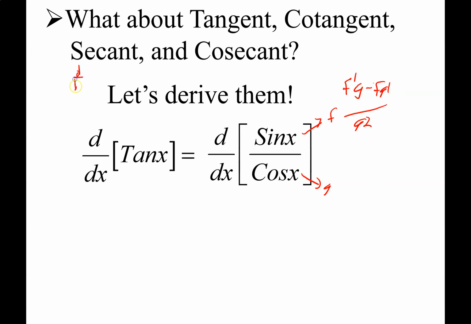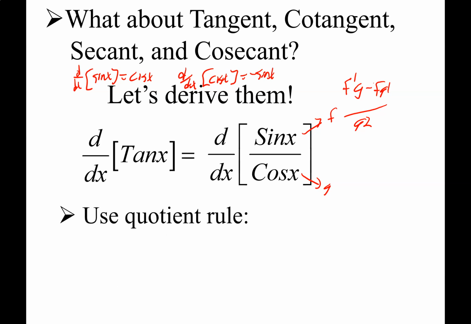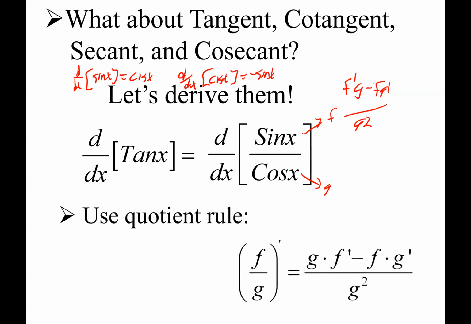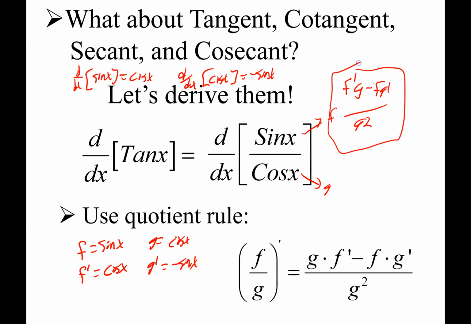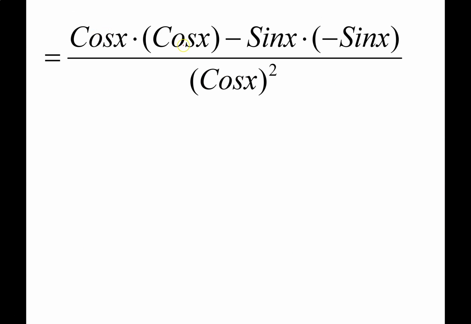Again, we know that the derivative of sine is cosine, and we also know that the derivative of cosine is negative sine, and that's going to be the route we take here. So, again, if my f right here is sine x, that's going to make my f prime cosine. If my g is cosine, that's going to make my derivative of the cosine negative sine. And whether you write your quotient rule like that or like that, it's basically the same thing. And I substitute in. So g times f prime minus f and g prime all over g squared